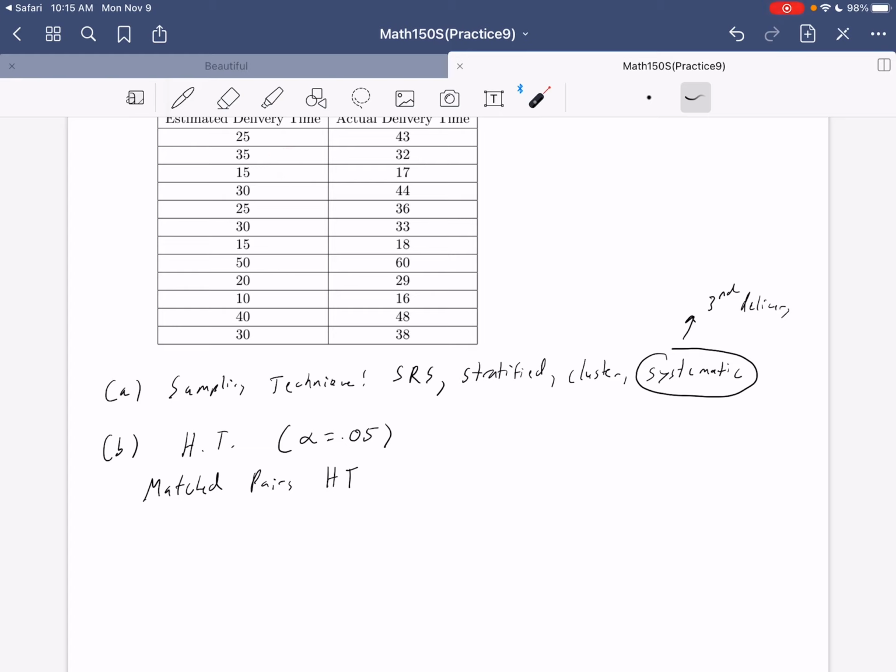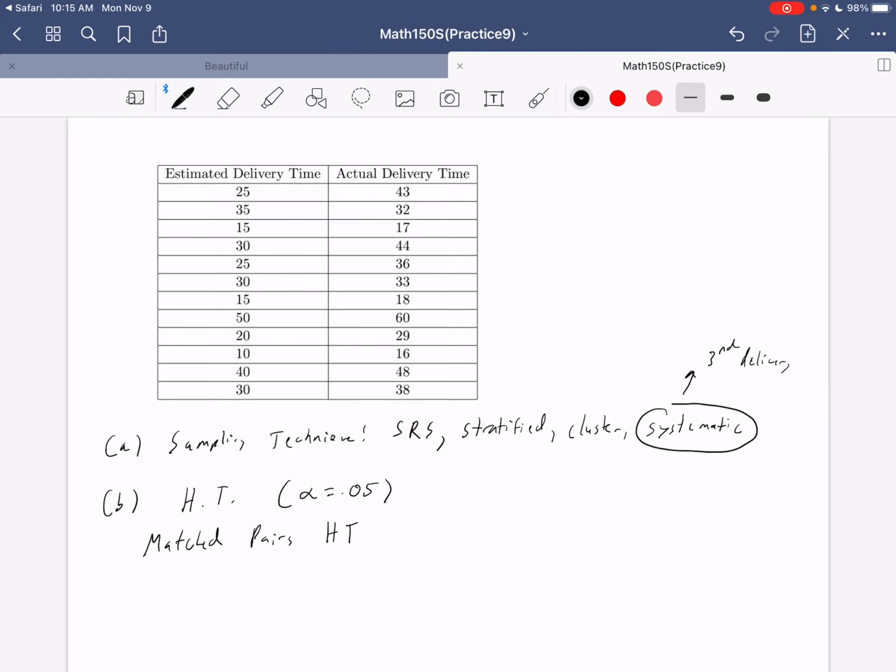Before we get into the specifics of this hypothesis test, remember that when you're doing matched pairs, you're not actually going to use this data set or this data set. Instead, the data set that's going to be important are what we call the differences. So we're going to calculate the differences here. Now, when you do the differences, you're doing subtraction. So you can choose if you want to do, say, the estimated minus the actual or the actual minus the estimated. Keep in mind here that if we just look at most of these, 25 versus 43, 35 versus 32,